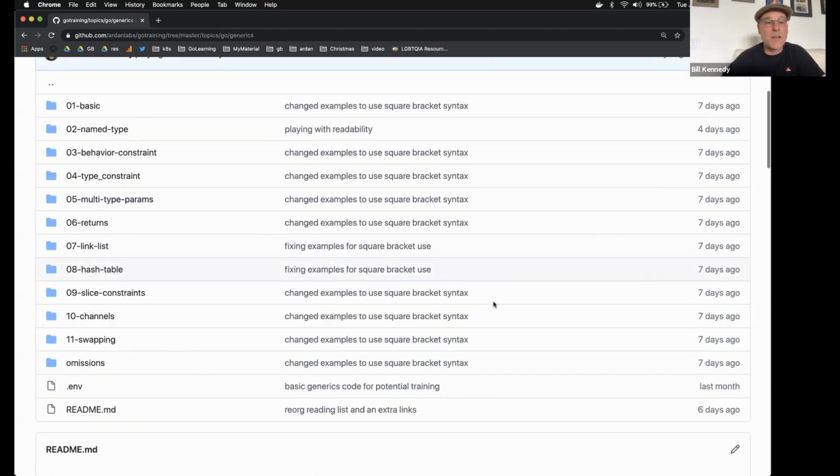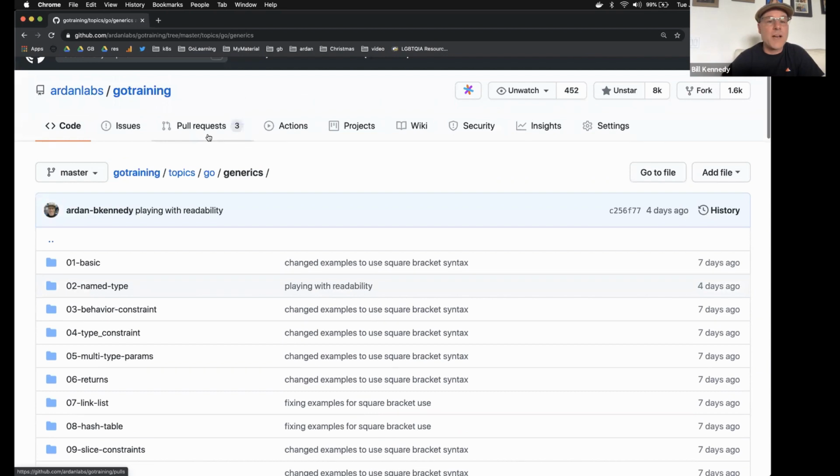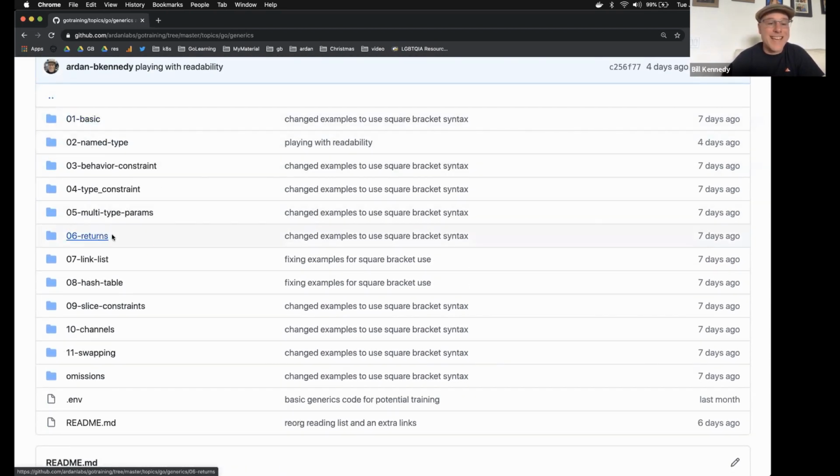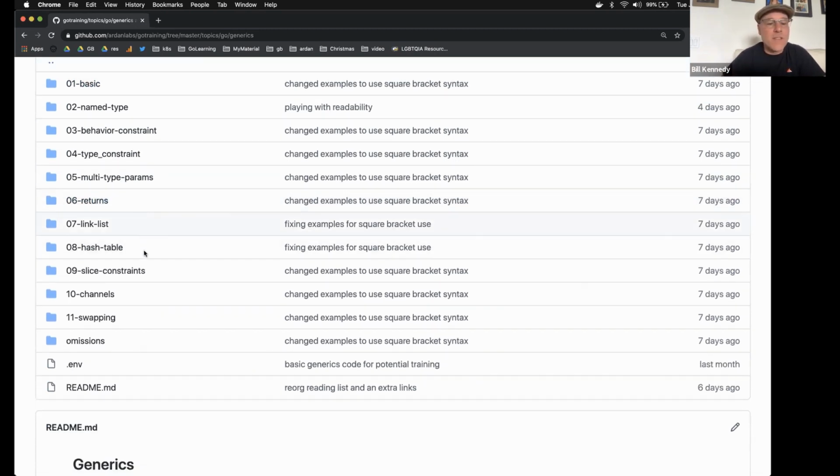Now I'm going to go through the training repo. I've got a folder called generics. I'm going to try to get through the first 6. That's all I can do. That's all I need to do in the next hour. The rest of this is code that you can look at on your own. And I'm also going to ask you to go back and look at the projects you're working on, whether they're personal or at work, and see where this first release of generics could potentially fit in